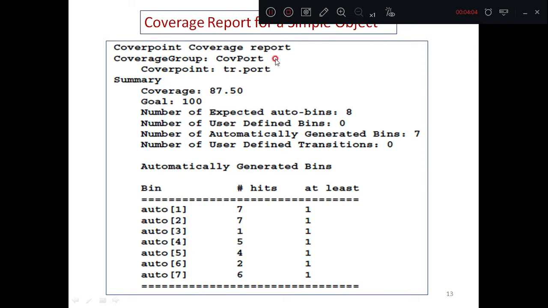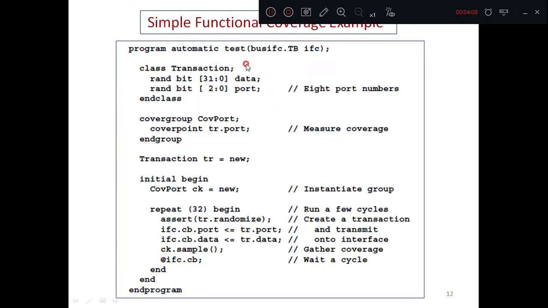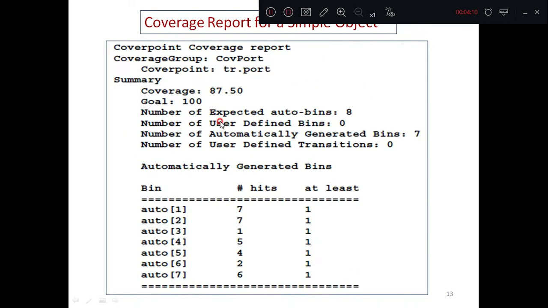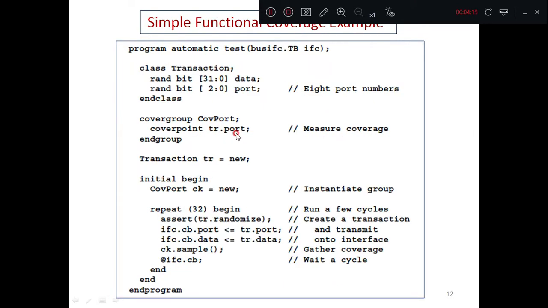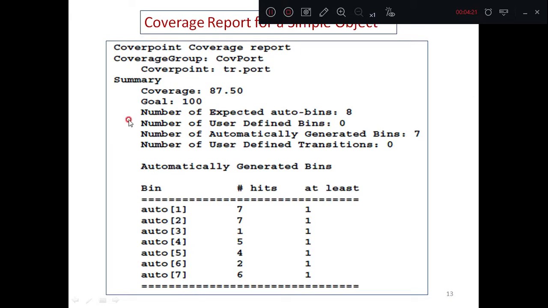So the cover group, the name of the cover group as we have seen is cov_port. Next is the cover point. What is the cover point? It is tr.port, where tr is the transaction. And the summary obtained is 87.50. What is the goal? The goal is 100.